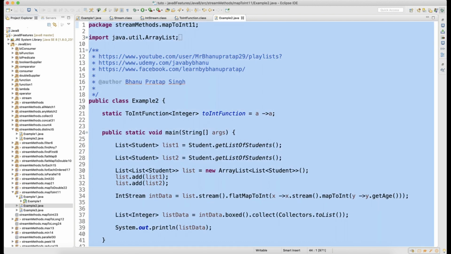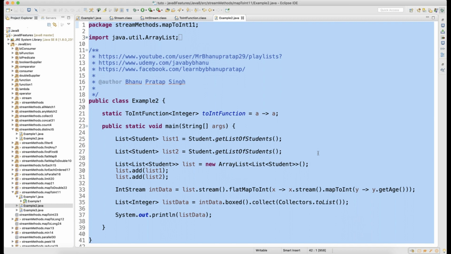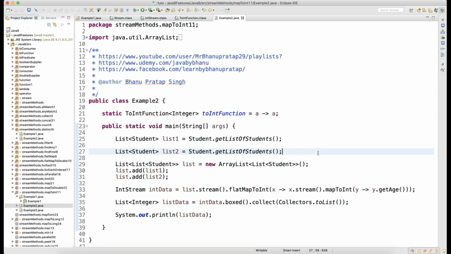Guys, only one small suggestion: whenever you are watching the functional Java 8 feature videos, please make sure that one thing is you are following the sequence. The second thing is you are writing the code in Eclipse, otherwise you will never get confidence. To be very honest.